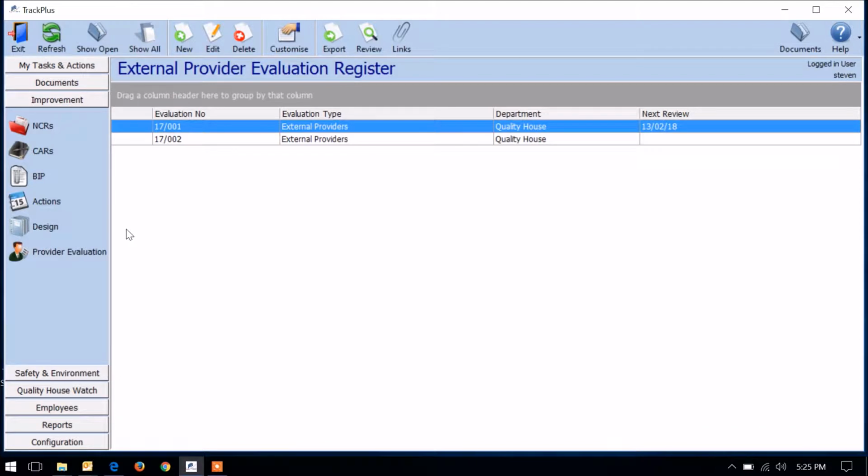Today's tutorial will provide a demonstration of the external provider evaluation register in Track. The register is used to assess a range of suppliers, contractors, or other providers and to view historical data on each entry. Before adding any external provider evaluations, the evaluation criteria, evaluation type, and evaluation score must be added under